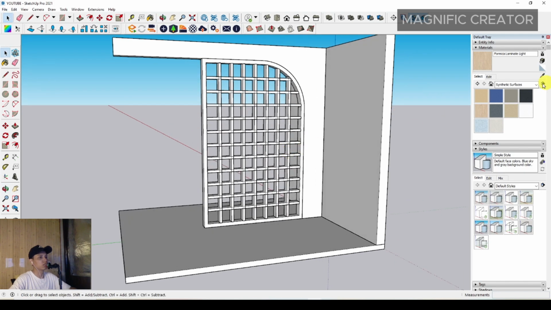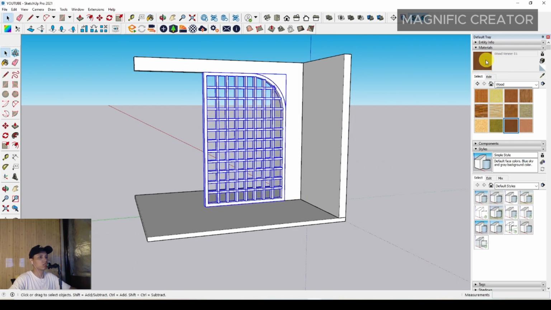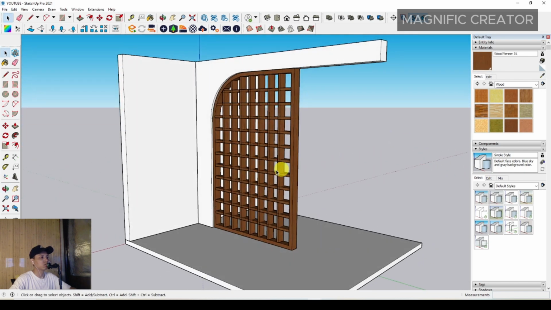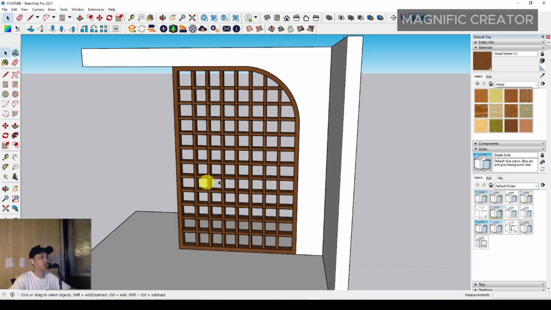Okay, and then we can make another material by selecting this wood veneer and selecting all of this and just assign the material. Okay, I think it's enough. It's about the grid curve room partition anyway,